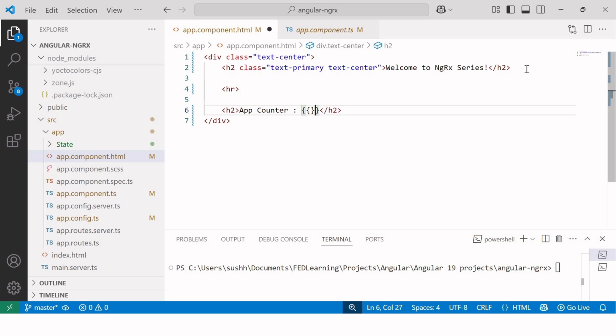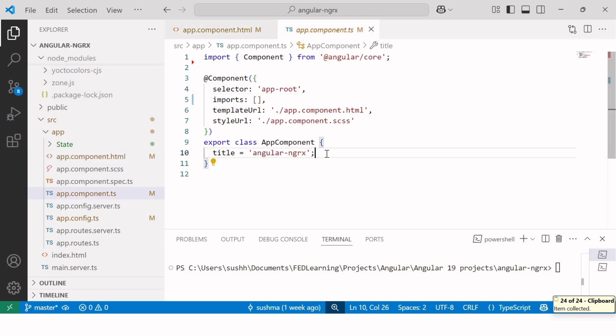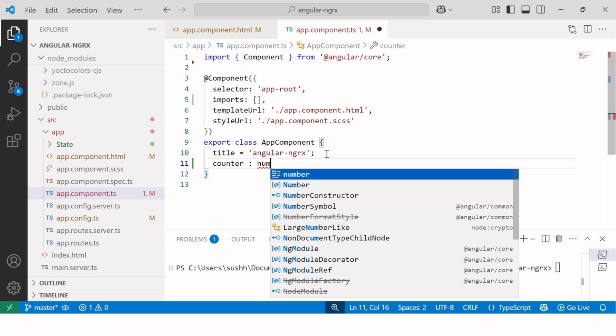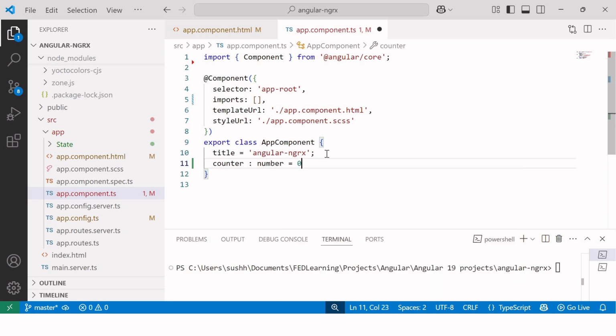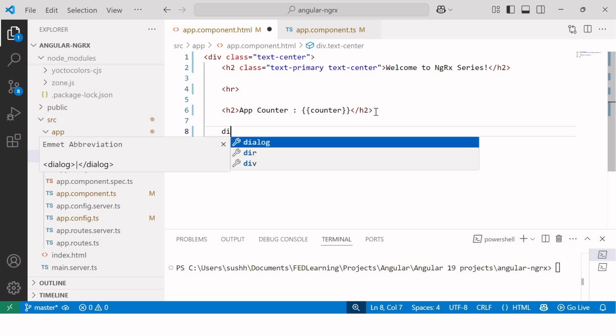I'll bind a counter variable using string interpolation. And I'm creating the same counter variable inside the class file of the same component, counter of type number equals to 0. And now again I'll go back to the template file, and after this h2 element I'm taking one more